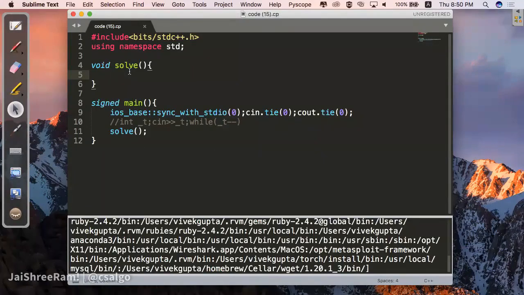I have seen people making, in a template only, a comment at the end like check this, check this, check this, to see if you have done this right or not. You can make that if you want to, based on the frequent errors that you make, so that at the time of competition you just go through it and see that okay, I'm not making this mistake, right? Something like that. Okay. Now let's suppose you submit a code and you get a wrong answer.